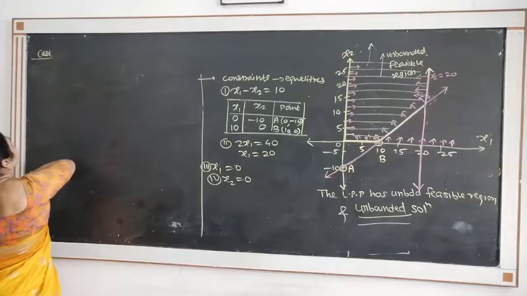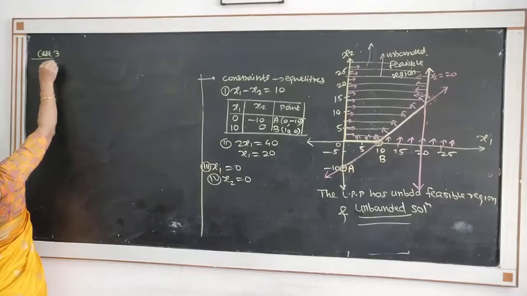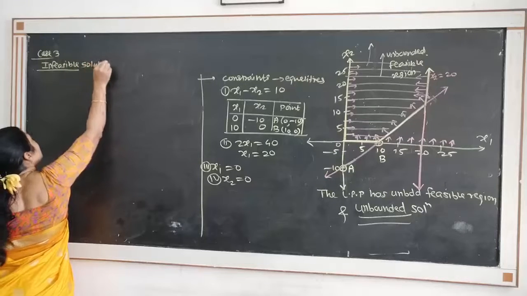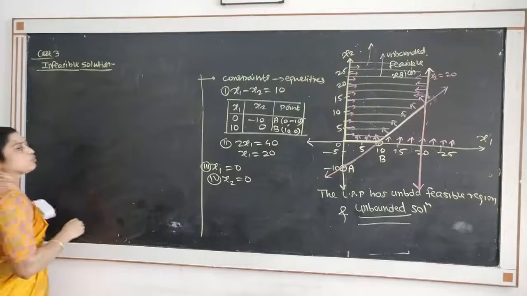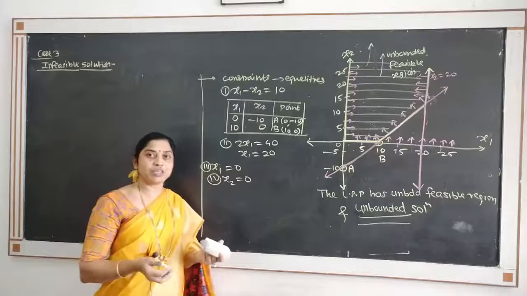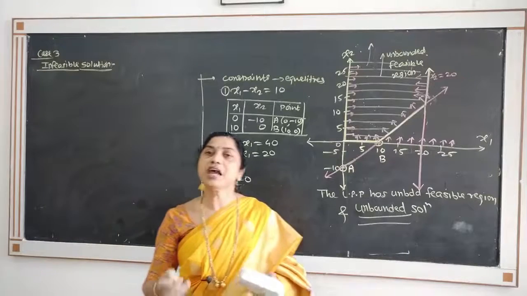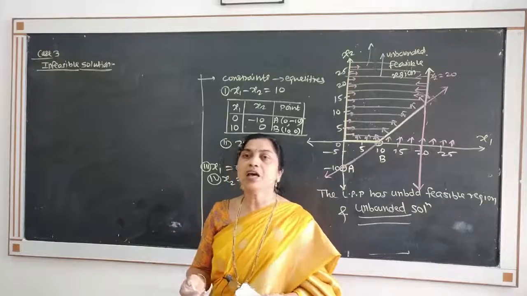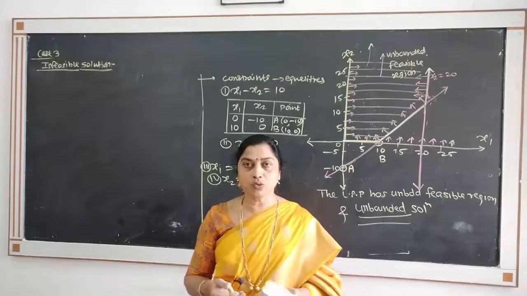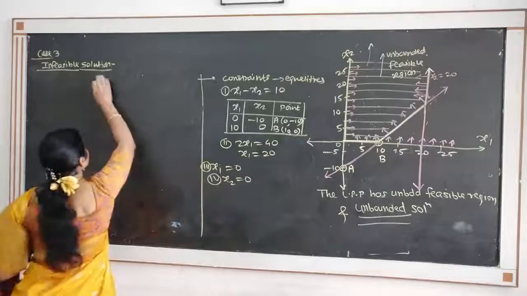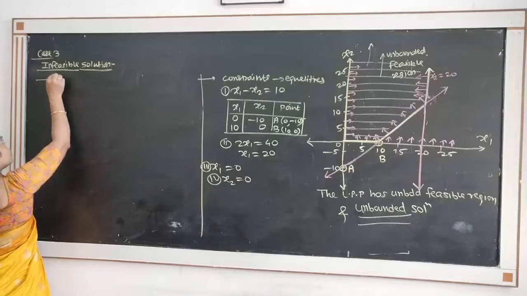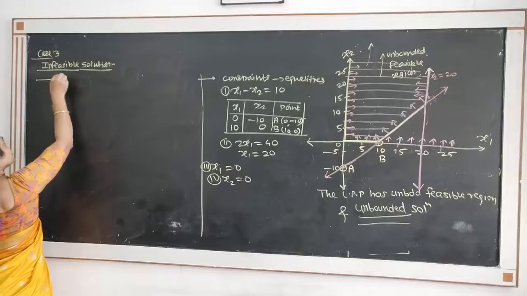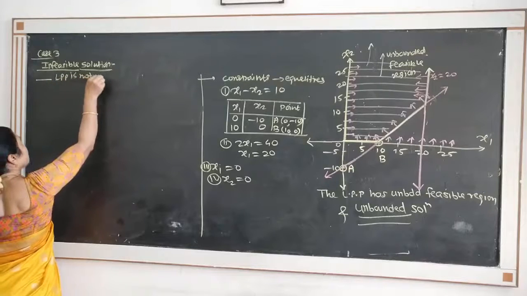The third case is infeasible solution. We have seen the definition of infeasible solution. We say that the solution is not feasible, meaning infeasible. In short, if all the constraints and non-negativity constraints are not satisfied simultaneously, we say that the LPP has an infeasible solution. So, infeasible solution occurs because the model, or the LPP, is not modeled properly.